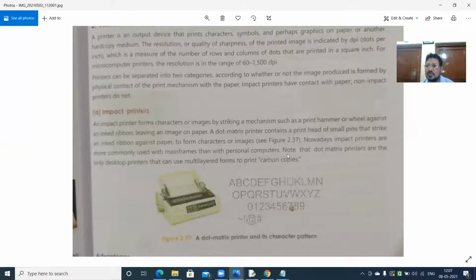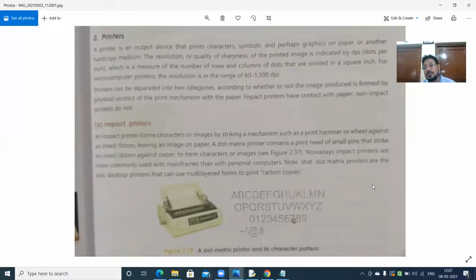Even I'm using the laser printer. Inkjet printers are also used by many people, especially for color printing, which I will come to next. Dot matrix printers are the only desktop printers that can use multi-layered forms to print carbon copies.